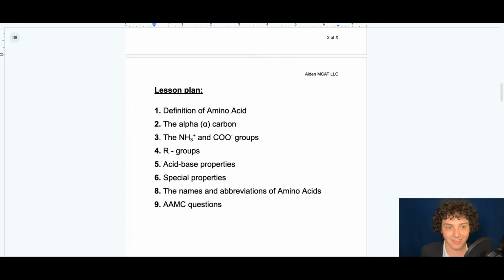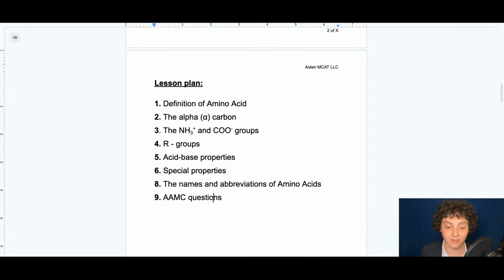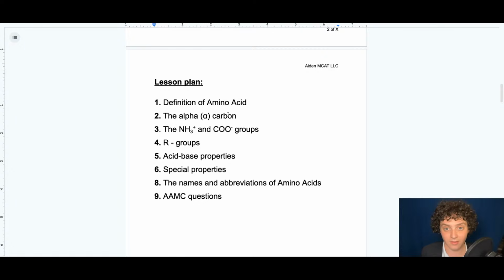So now that I've gotten through the sources, these are the topics in the topic of amino acids that I am going to be discussing today. I want to read through this lesson plan first to give an idea of all that will be covered, and then I'm going to go one by one, adding my notes as I go along under each of these headings. I'll also be showing figures as I'm adding those notes. Some of them will be from the sources above, some of them will be from other sources that I've gathered in looking into this topic.